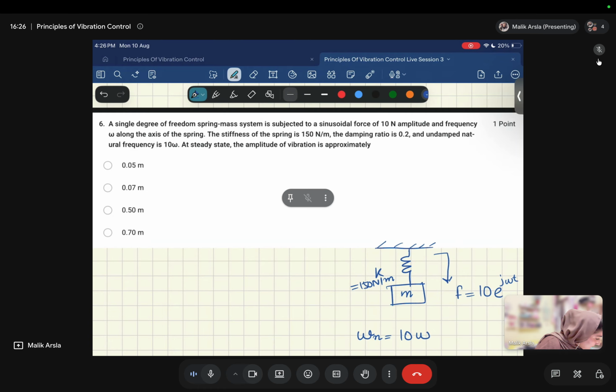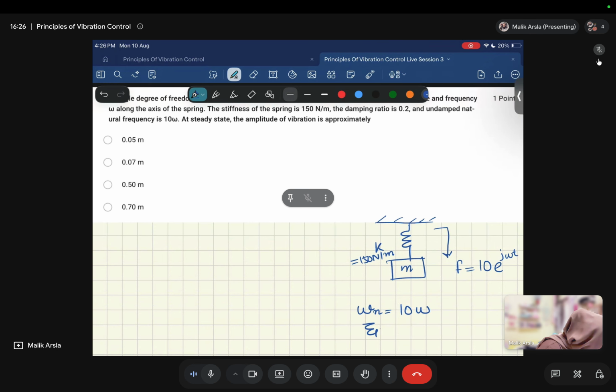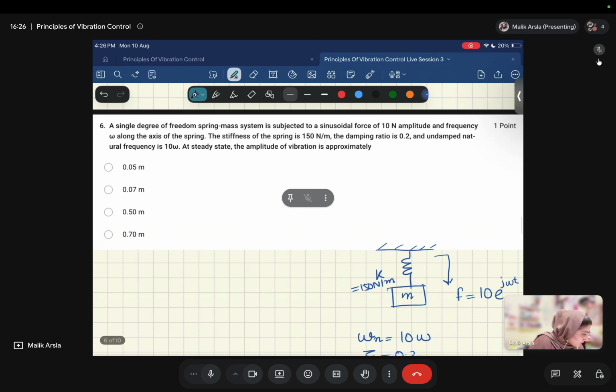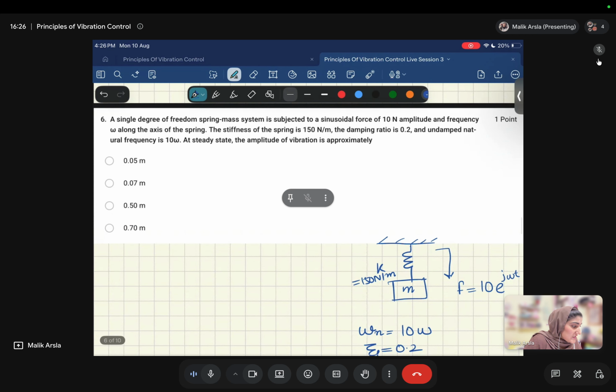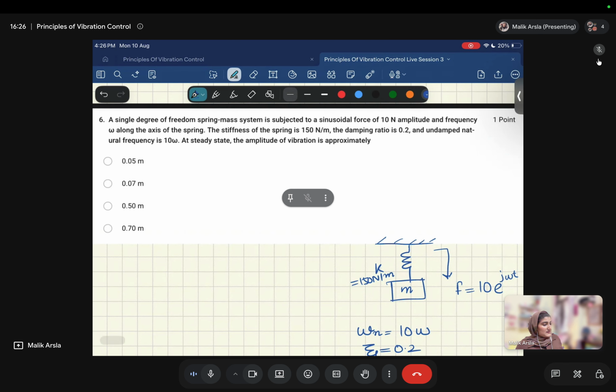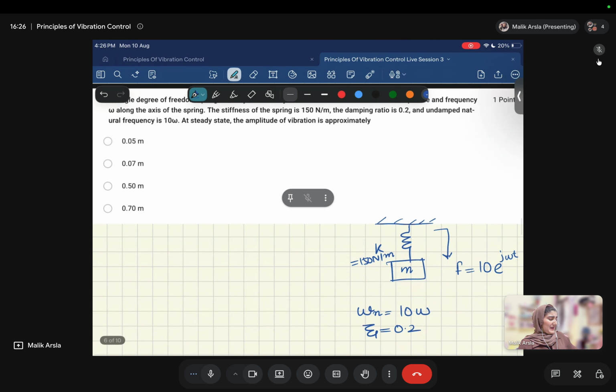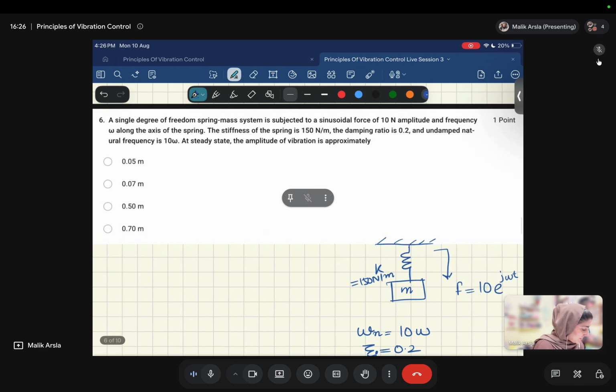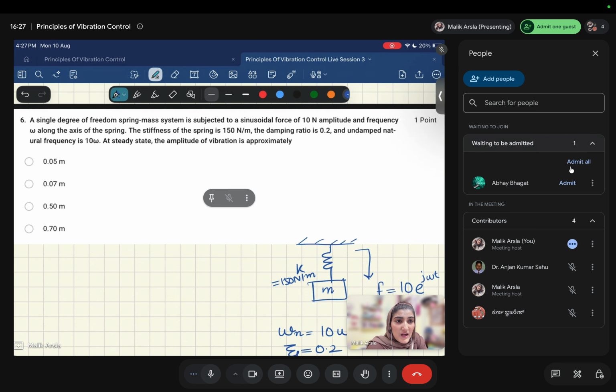And what else has been given? We have been given a damping ratio equal to 0.2. At steady state the amplitude of vibration is approximately, so you can see that this is basically a question of transmissibility or magnification, because we have been given the excitation force amplitude, and we are being asked about the